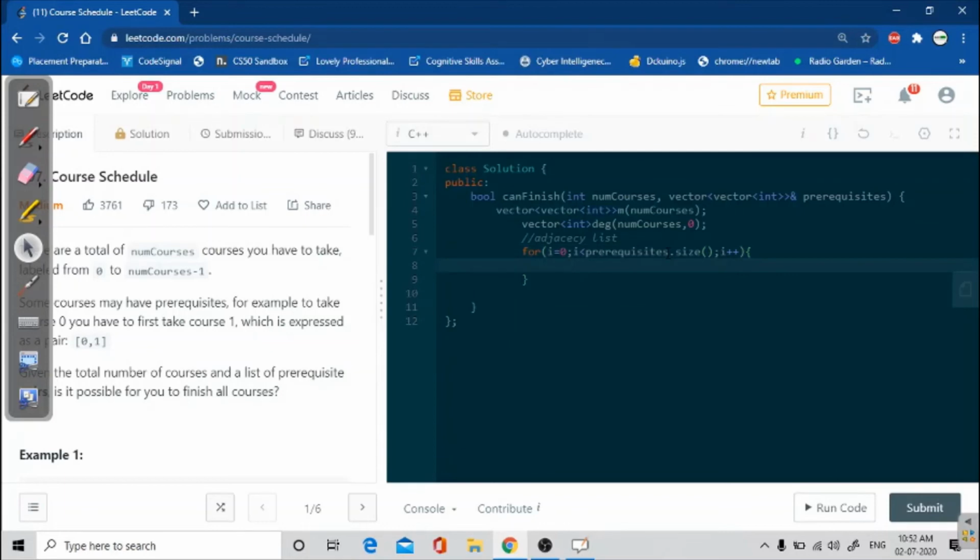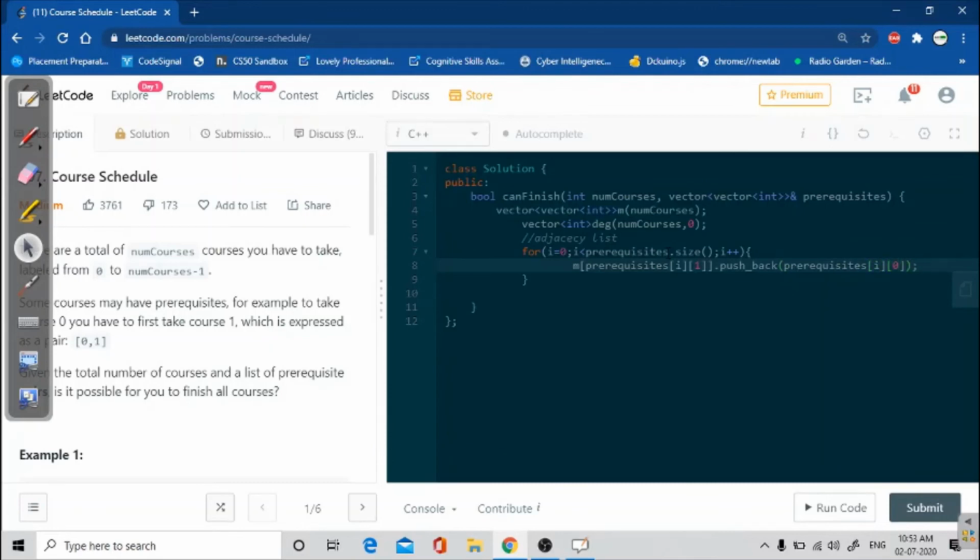And what we'll do, we'll just add m of prerequisite of i of 1 dot push back prerequisite of i of 0.